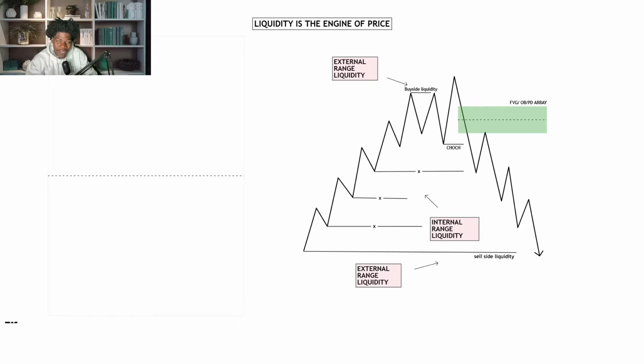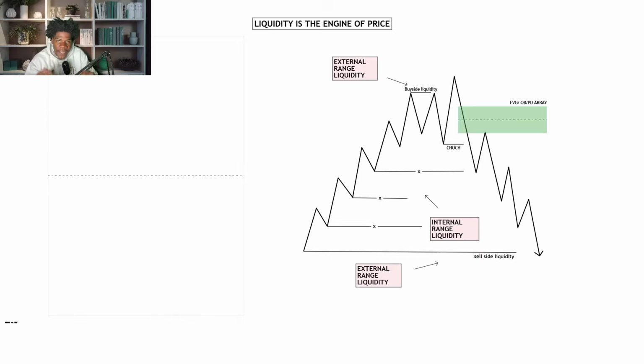Most traders lose not because of bad setups, but because they trade at the wrong places and at the wrong times. As we may know, liquidity is what drives the market. So if you don't understand liquidity, that means you are the liquidity. But in this video right here, I'm going to explain to you exactly what to look out for and how